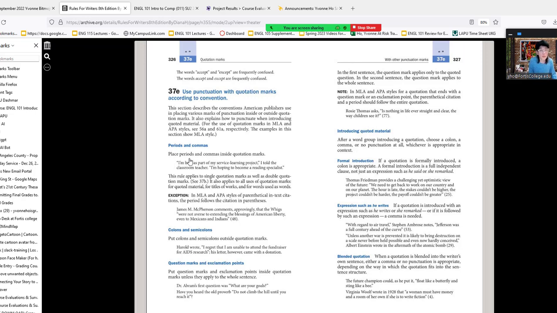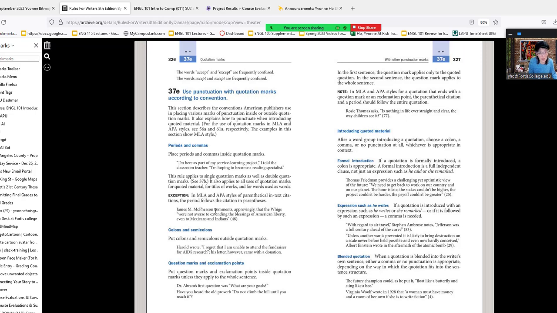So place periods and commas inside quotation marks. "I'm here as part of my service learning project. I told the classroom teacher, 'I'm hoping to become a reading specialist.'" So normally you put the period inside the quotation marks. However, if you're going to do an in-text citation, and then you put in the name, and then